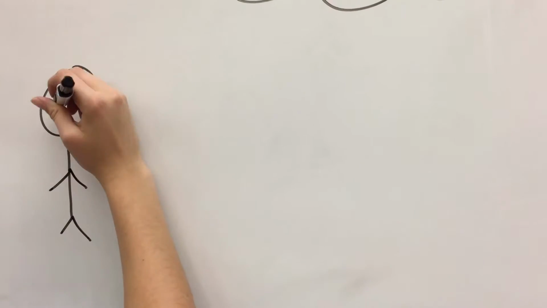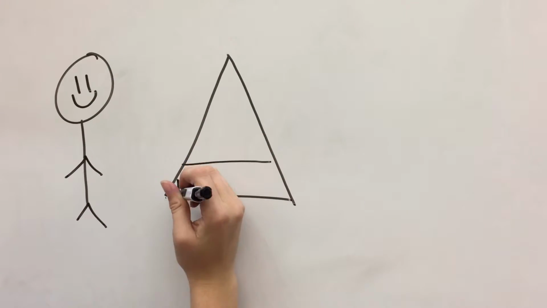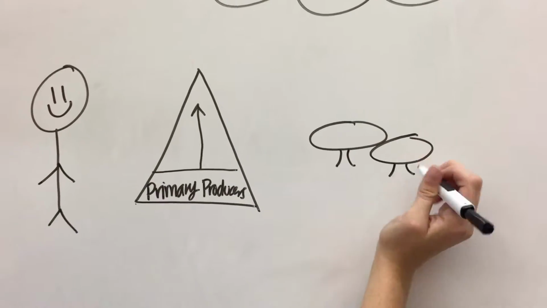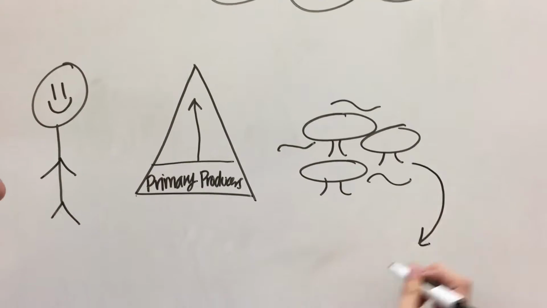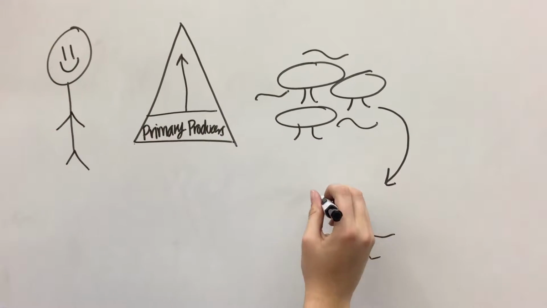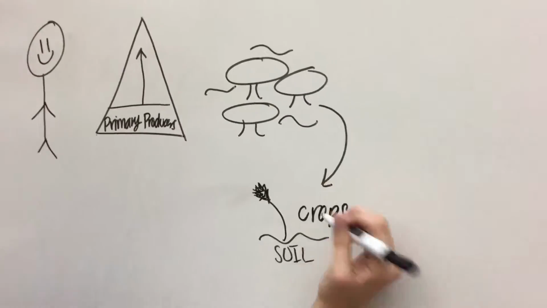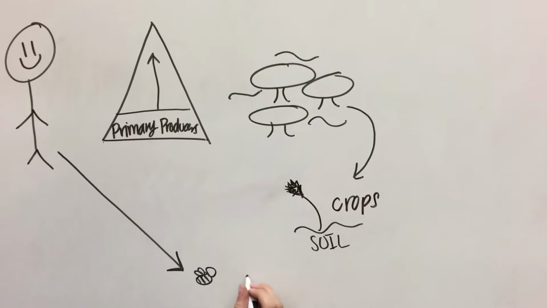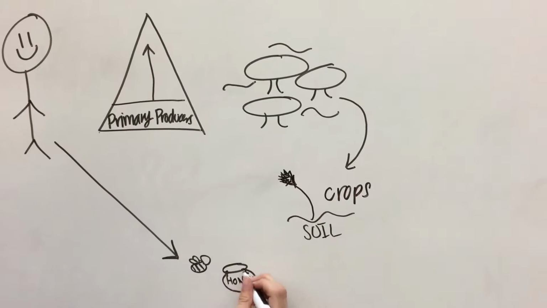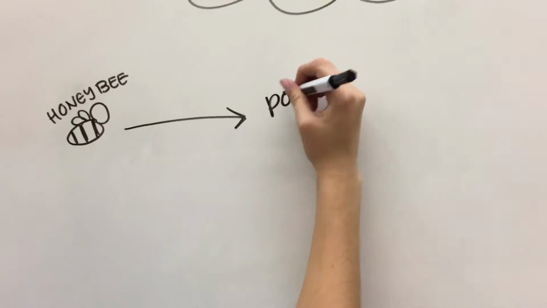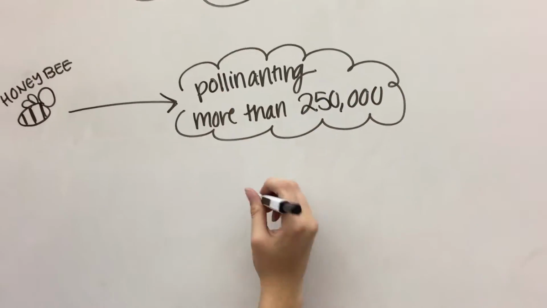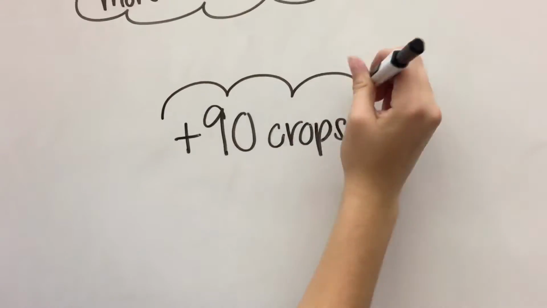We humans rely on species. Some species are our food source. Some are primary producers of food webs, some are decomposers. They decompose waste to make our soil fertile to grow crops. An example of a species we rely on is the common honeybee. In the article "How Do the Extinctions of Other Creatures Affect Humans?" by Milton Kazmaier, it states bees "are responsible for pollinating more than 250,000 species of plants, including more than 90 food crops."